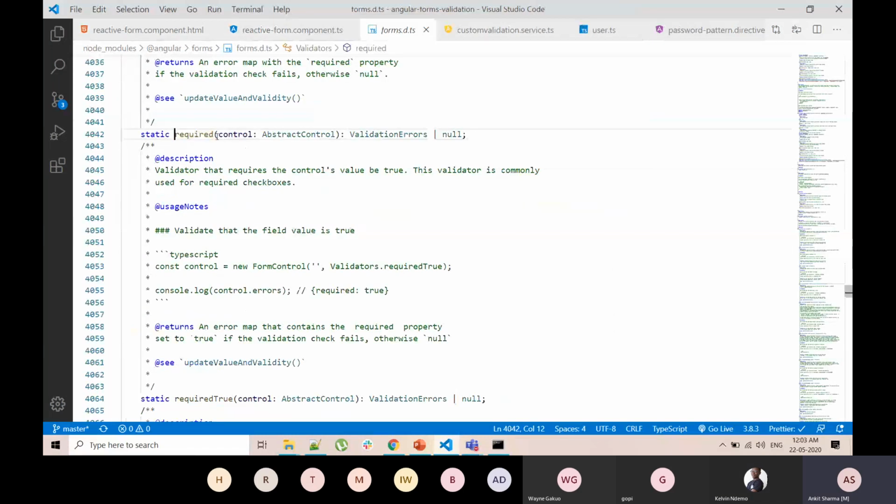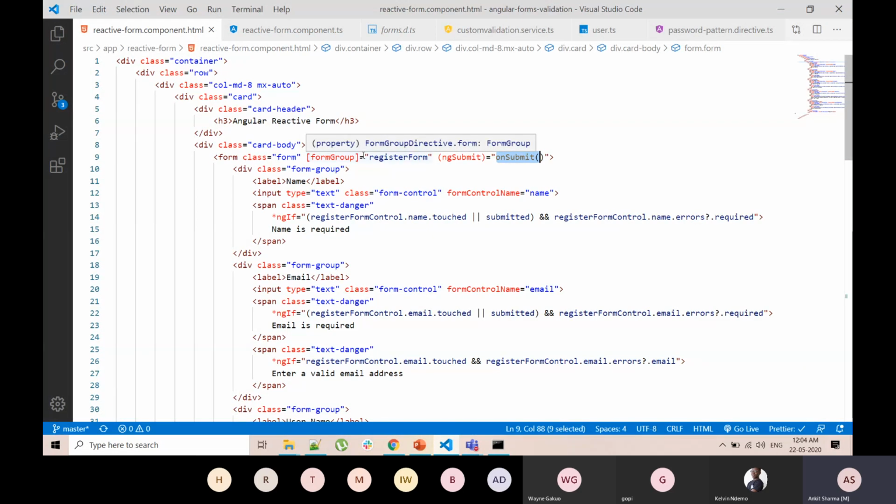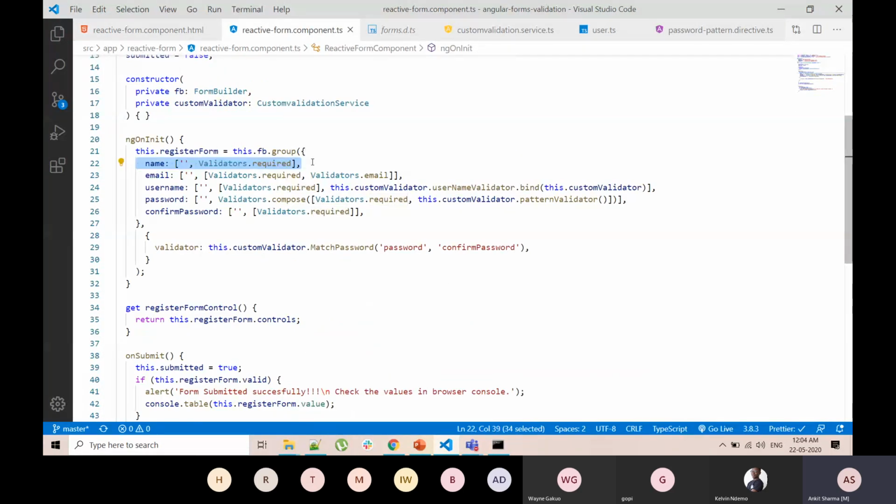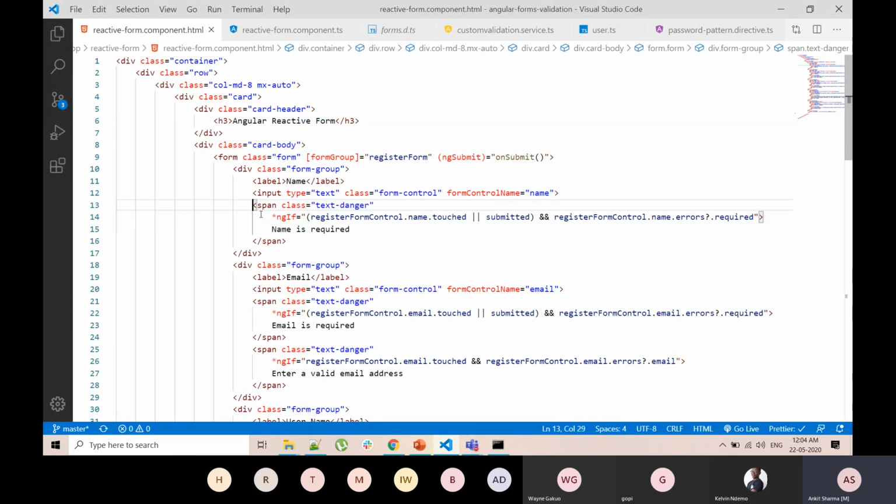So let's see. If you see this required method, this is a static method, and it is always bound to our control. As the name says, reactive form, it will react to the changes. So what you said is correct, it is having a reactive approach. As I type, the value is bound to this particular form control name, and it will go to here, and if I type something, it will see that now the required field has been filled, so it will stop showing the error. This will become false, and that's how this span and the error message will also be removed from the screen. So that is how reactive form works.